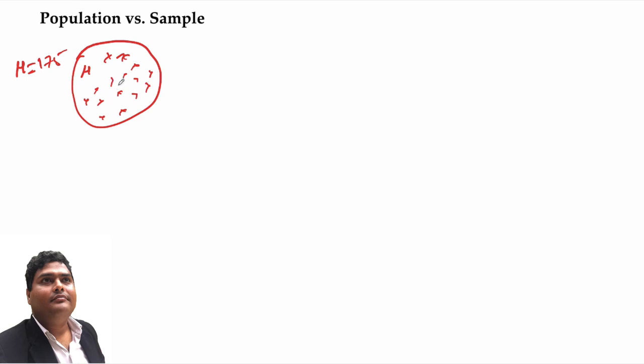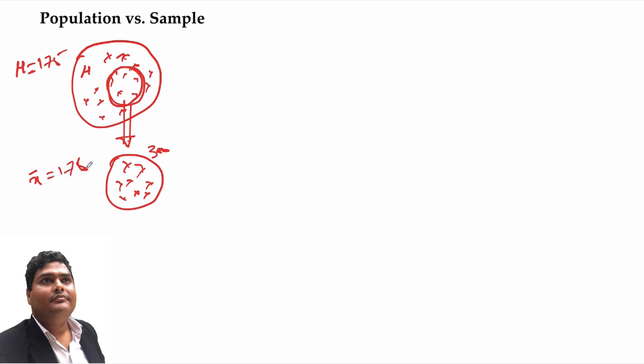So in that case, what I am doing is taking a few samples from here and trying to make an inference from that. That means I am taking a sample. Let's say I have taken 100 samples or 200 samples or 300 sample data points, and then I am trying to find out the average weight of the sample. I will represent that by x bar, and let's say that is 176. Hope you have understood the concept. X bar is nothing but the sample mean